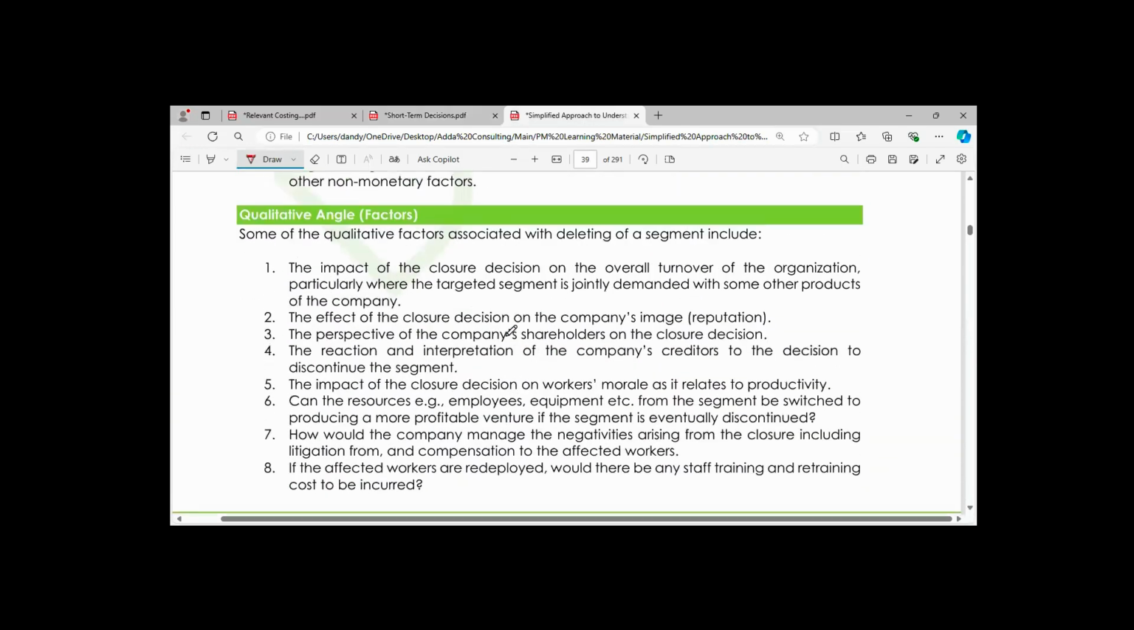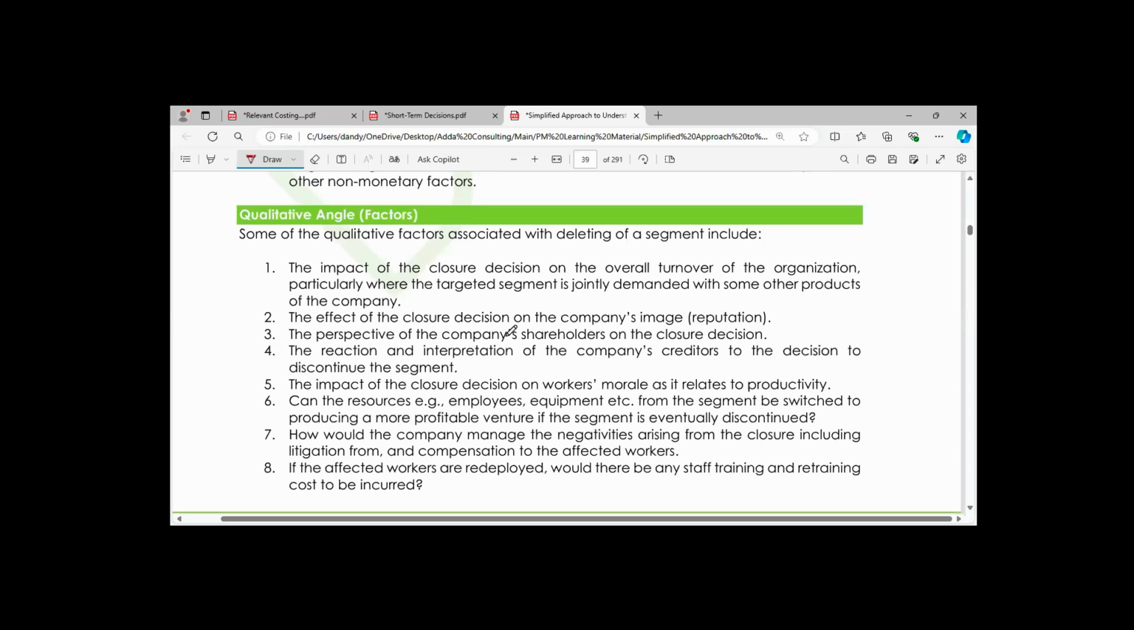When you are stating your qualitative factor, like I said, you have to link it to the question. Don't make it too open, too generic. Let it be unique to the question. So let's mention a few qualitative factors you need to take into consideration as it has to do with deleting of a segment. Number 1,